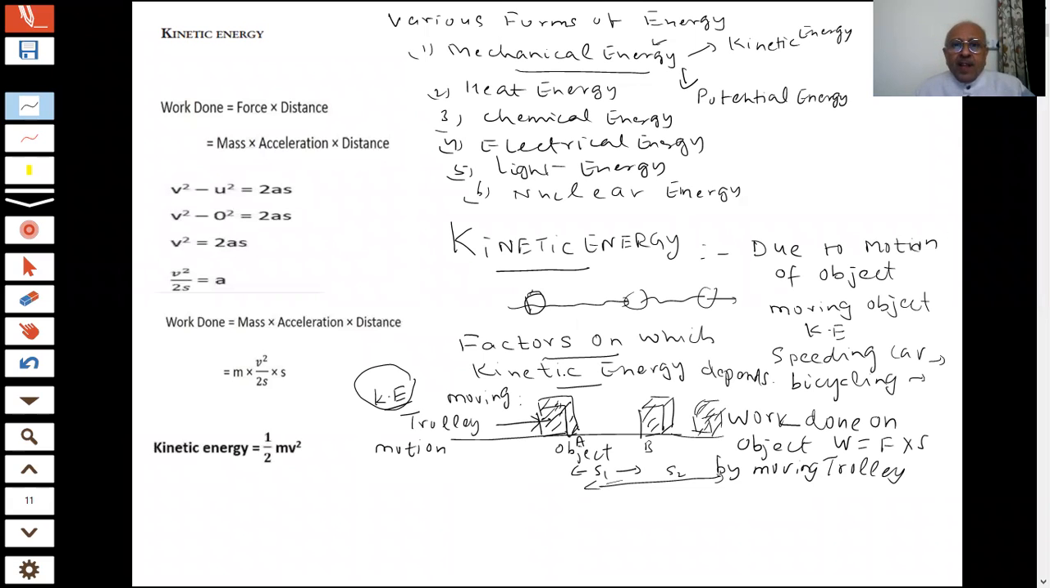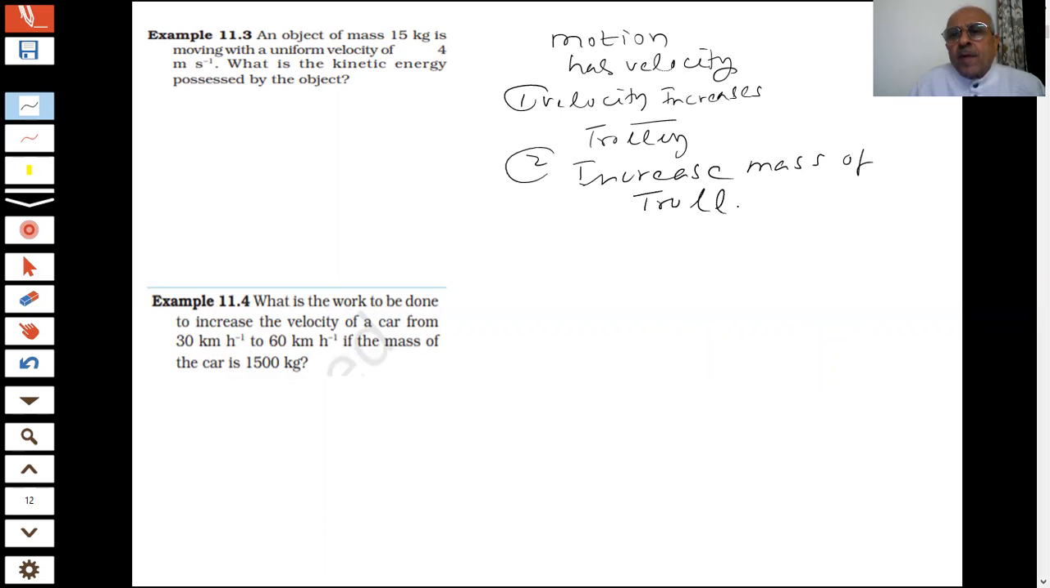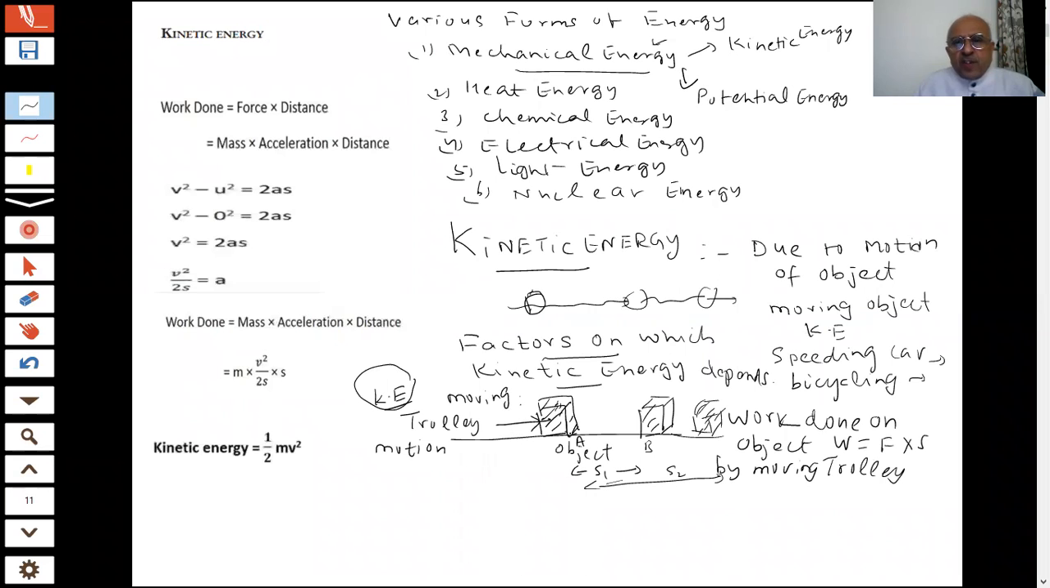Second thing, what I do, students. First thing, what I did was this one. Here I have increased the velocity. Second, I increase the mass of the trolley. What happens now? If the trolley which is hitting it was, supposing, 100 kg, now I make the mass of the trolley 200 kg. Then it hits it. Tell me,